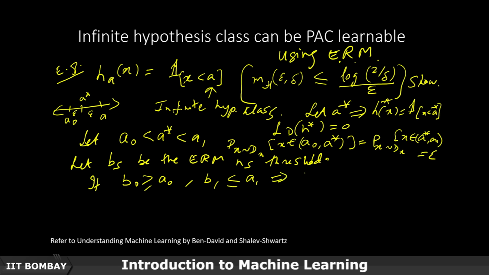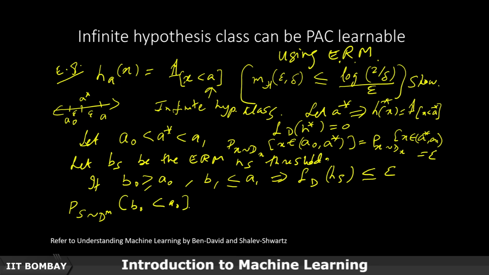This will imply that L_D of h_S is less than or equal to epsilon. If we sample from these two intervals, then the true risk is going to be less than epsilon. So the probability that the sample is drawn from D to the power m such that b0 is less than a0